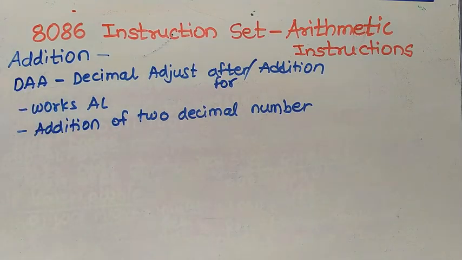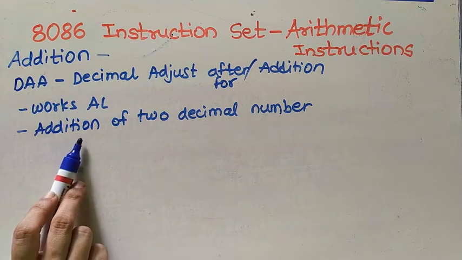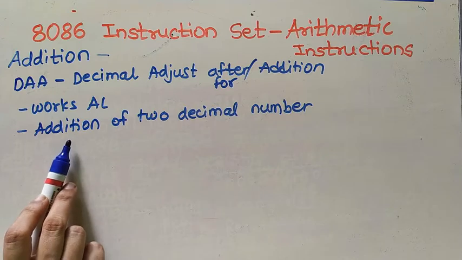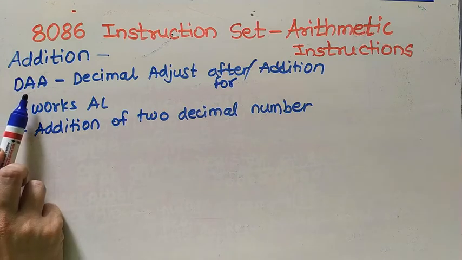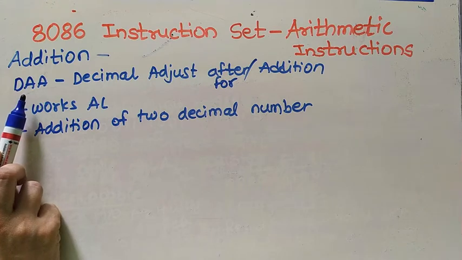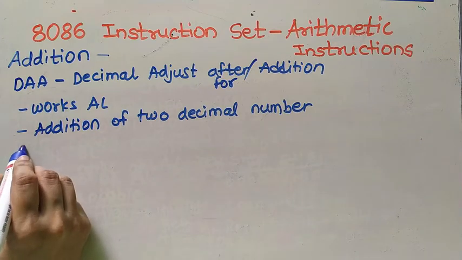First of all, we enter the two decimal numbers, and then we add them using our normal ADD instruction, and after the ADD instruction we do this DAA instruction. So this DAA will adjust the addition to appear as a decimal addition. And what is the logic in this case? Here the lower nibble